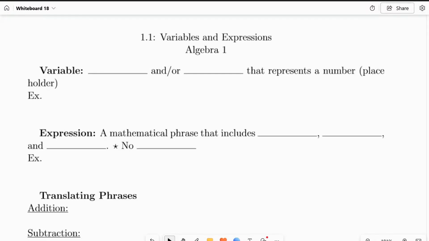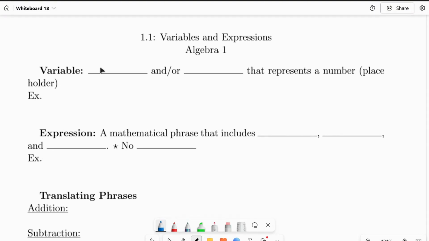Looking at just the basics of algebra, the different number systems, operations, and things like that. So in 1.1 here, we are starting with variables and expressions. So starting with the definition of a variable